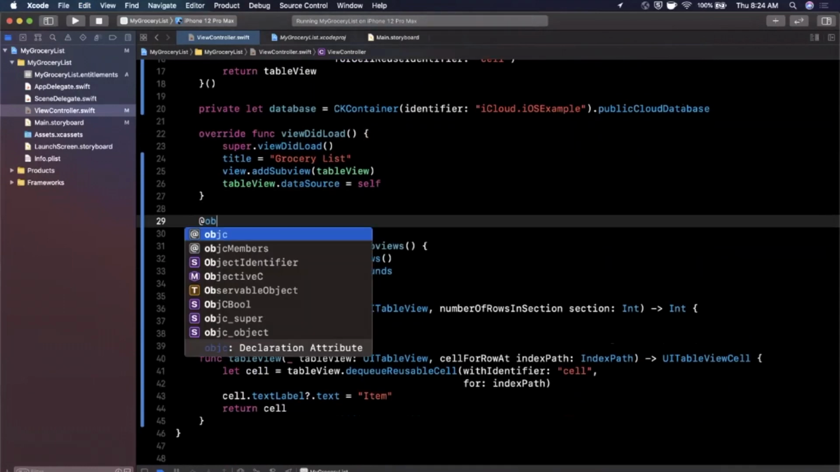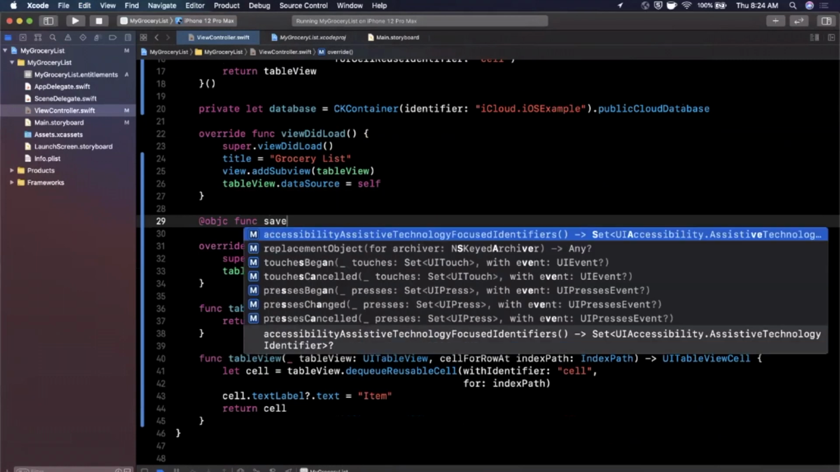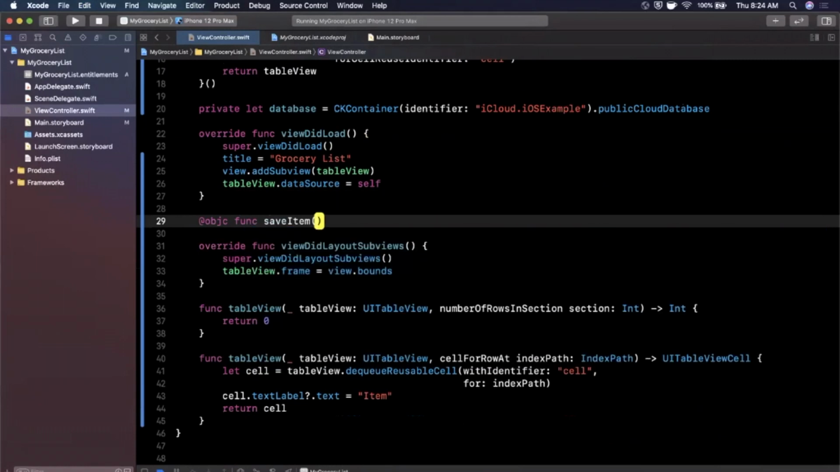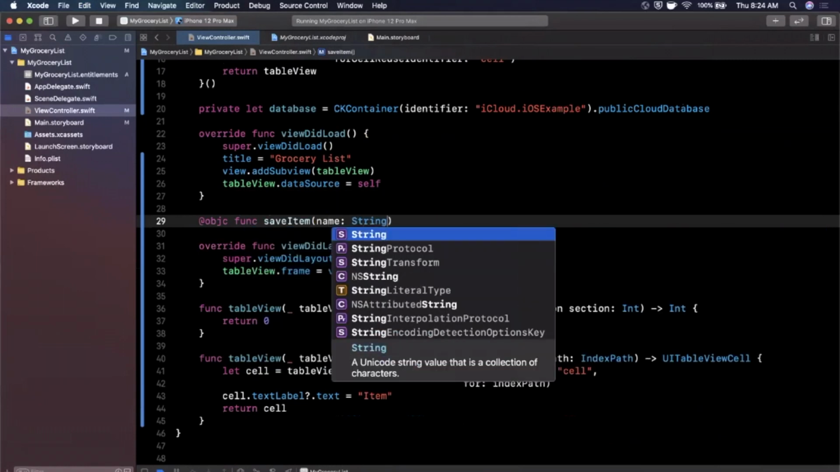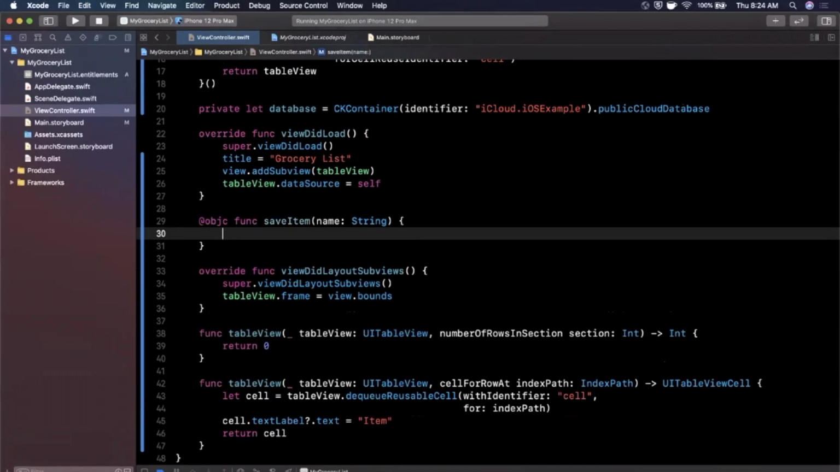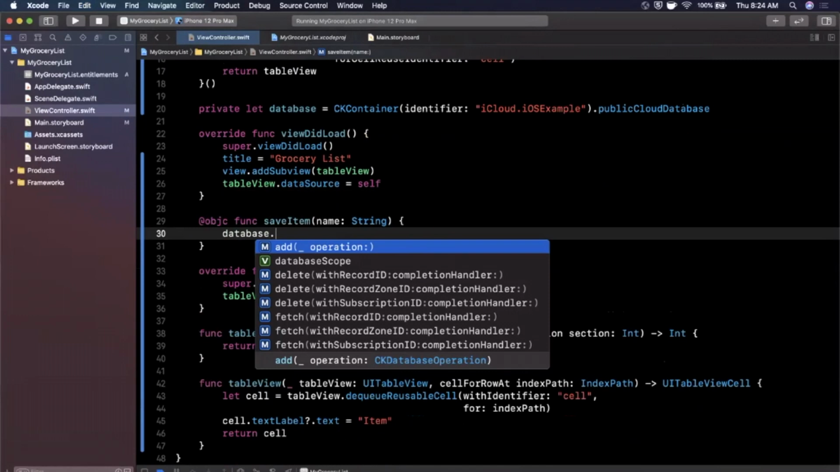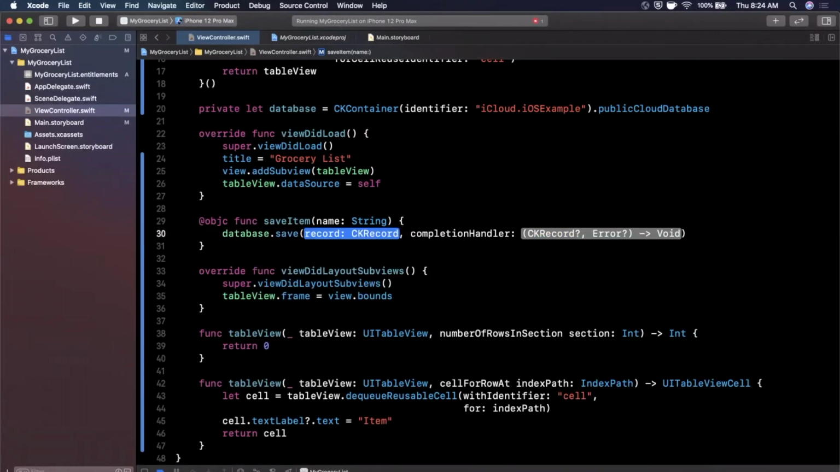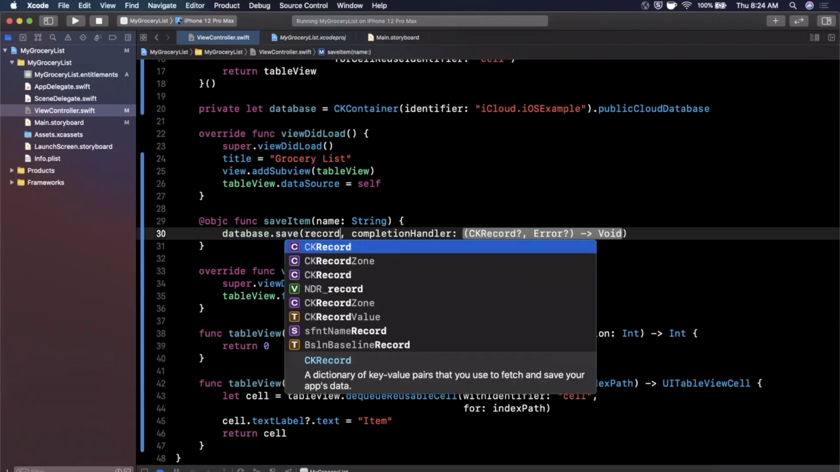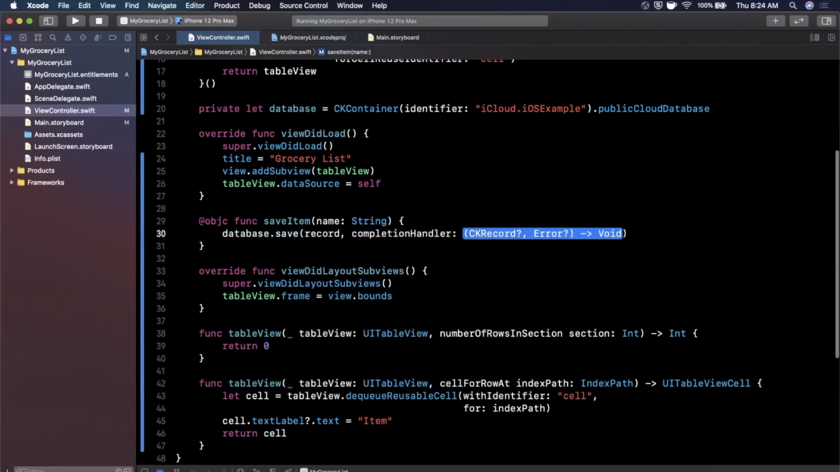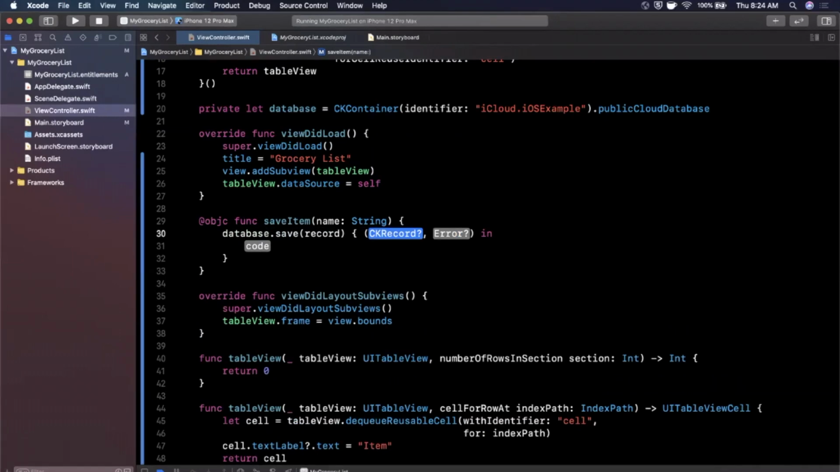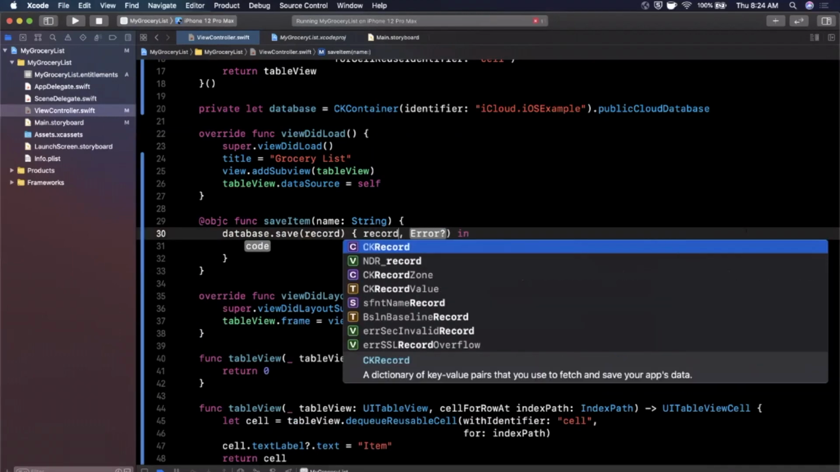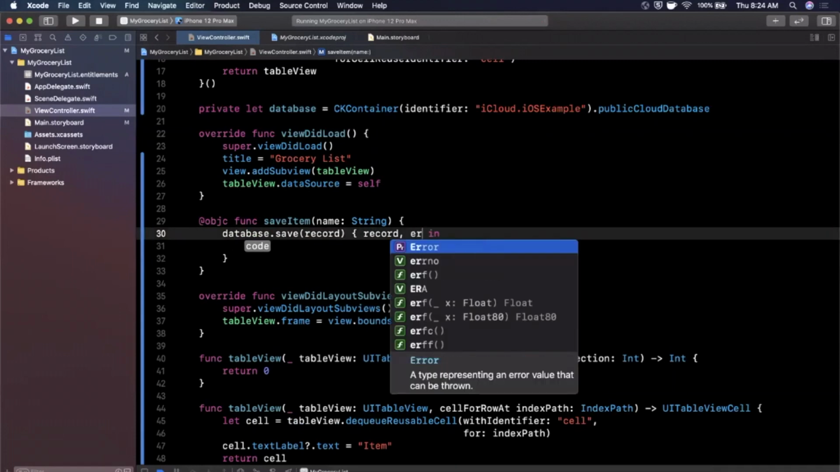We're going to say @objc func saveItem with a name. It'll be a string. And what we are going to do in here is pretty simple, actually. We're just going to say database.save a CKRecord. And this record is, of course, the thing that we're going to save. We're going to create it in a moment. It's going to be a record. And this completion handler will return to us an optional record as well as an optional error in case something